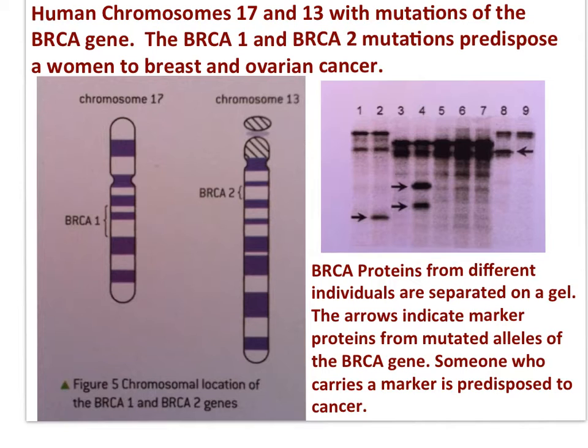The BRCA1 and BRCA2 mutations both increase a woman's risk to breast cancer and/or ovarian cancer. In the figure on the right, proteins from different alleles of the BRCA gene have been separated by gel electrophoresis. The arrows indicate the marker proteins produced by different mutations of the BRCA gene. The presence of such marker proteins that appear in a blot following electrophoresis indicates a predisposition to cancer for the